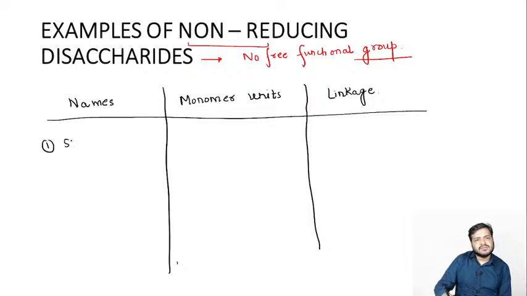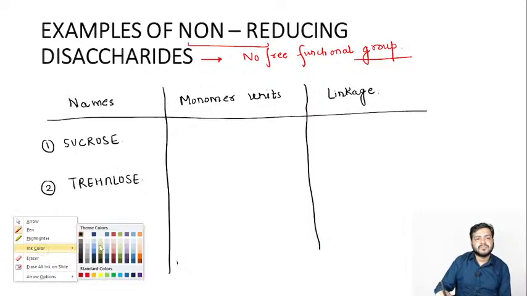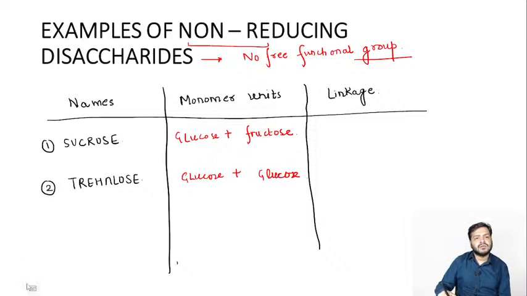The very first one, that is the sucrose, and the second one, that is the trehalose. Monomer units of sucrose, it is basically glucose plus fructose, and for trehalose we have glucose plus glucose. The bond which is involved, or the linkage which is involved in glucose and fructose, it is alpha 1 to